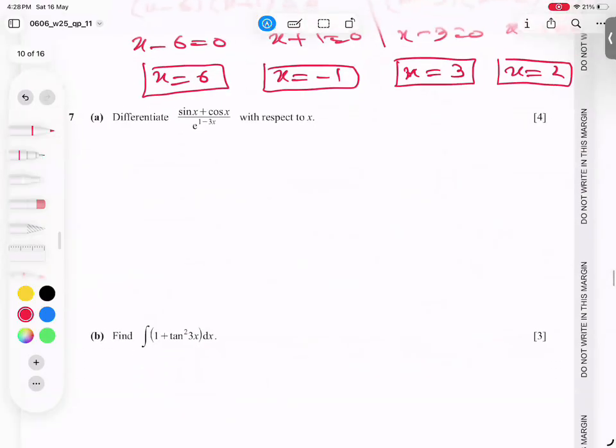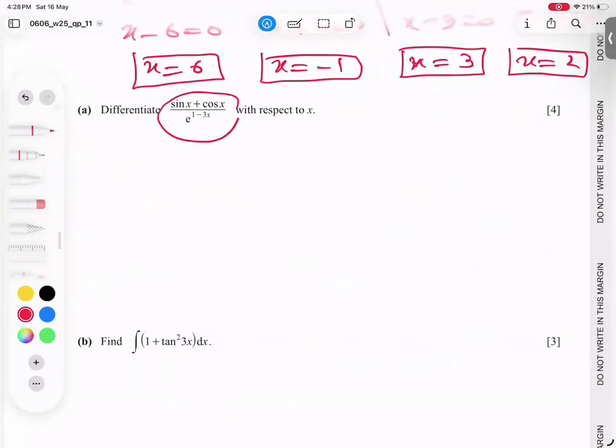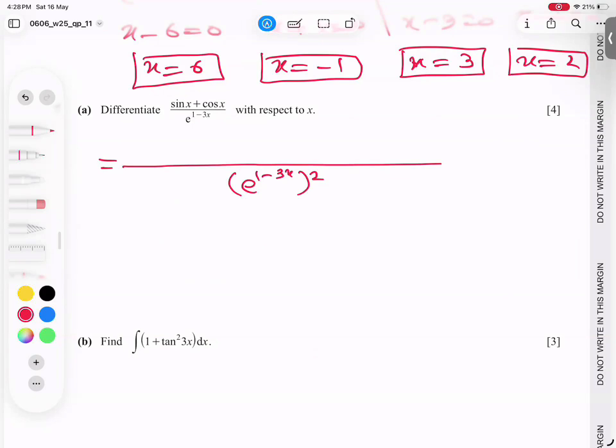Next, question number 7. Quotient formula, we have divide. And what is the way of differentiating? The differentiating technique is the square of the denominator. Whatever we have in the denominator, put a square on it, and copy it as it is without any change. And here I'm writing the differentiation of the numerator. Sin has a cos and cos has a minus sign. Now minus is always in the formula. Now reverse. Now this, copy without any change